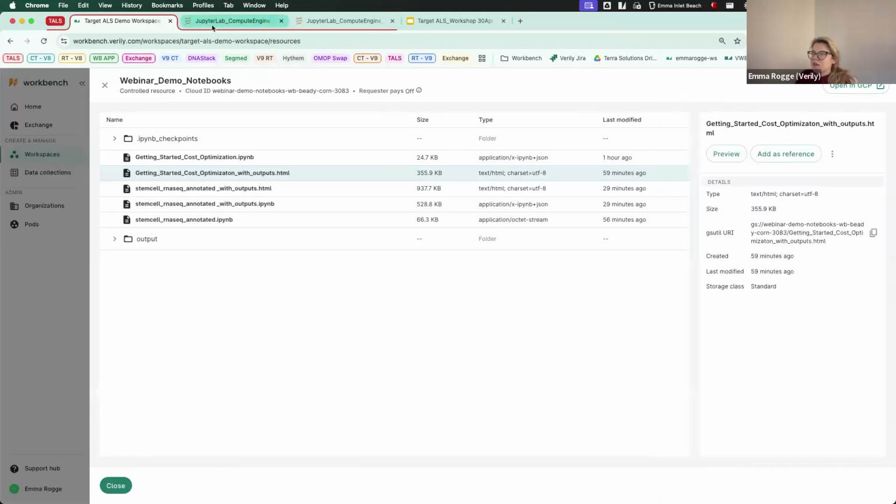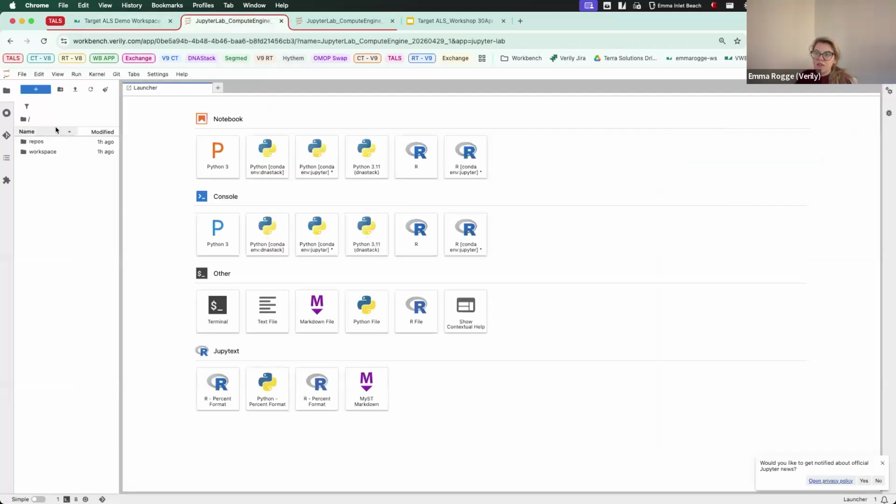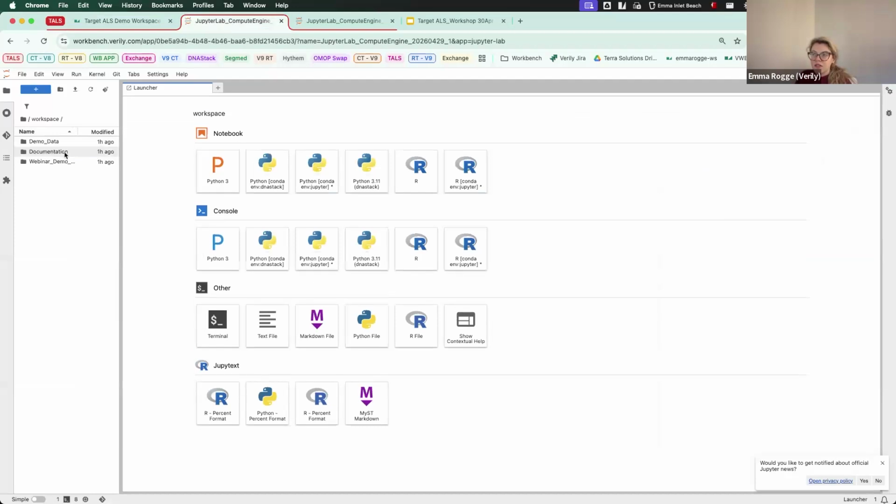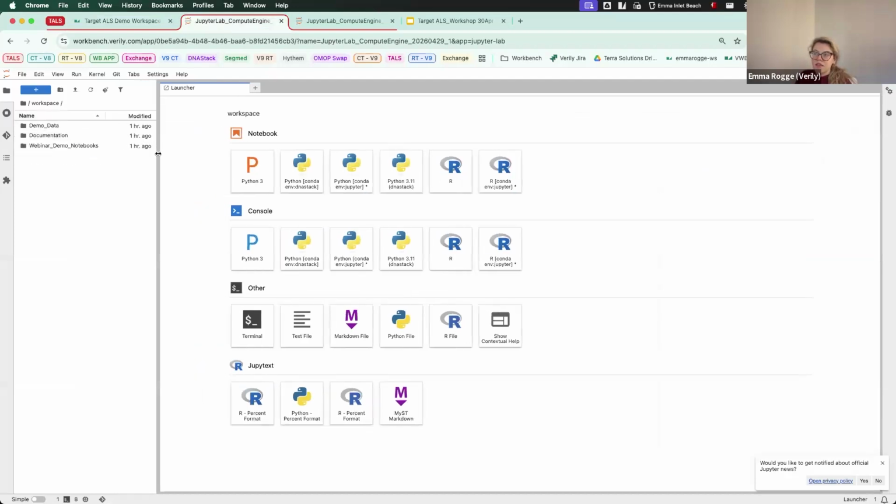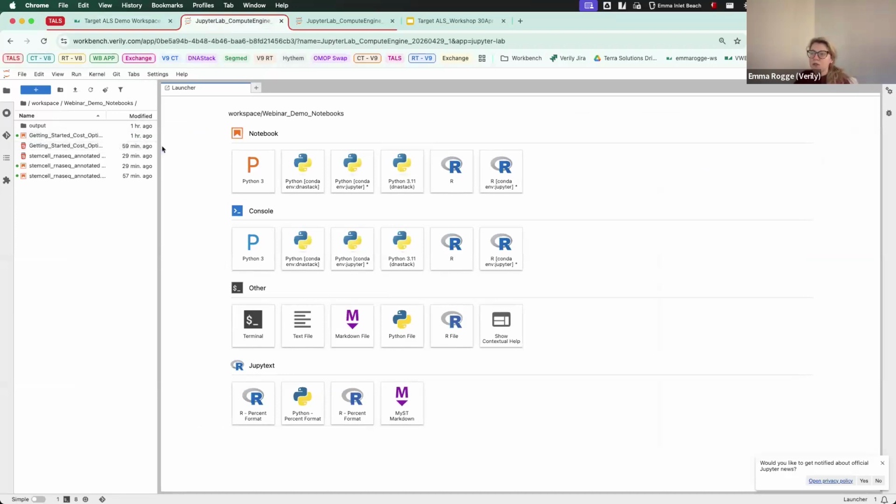So I will go to my application. And so again, you'll see that you have the repos and workspace directory when you first open your application. The repos directory is for any GitHub repositories you may have once you've set up the GitHub integration. The workspace directory is basically those 3 workspace controlled buckets mounted on your application, which is really nice. So if we were to navigate to this directory with the webinar demo notebooks